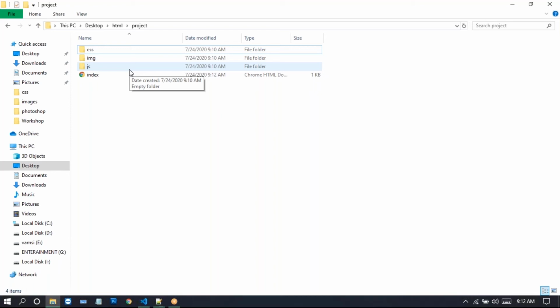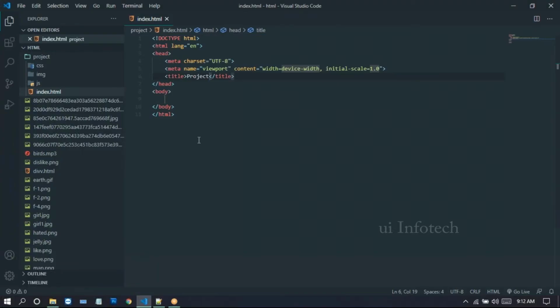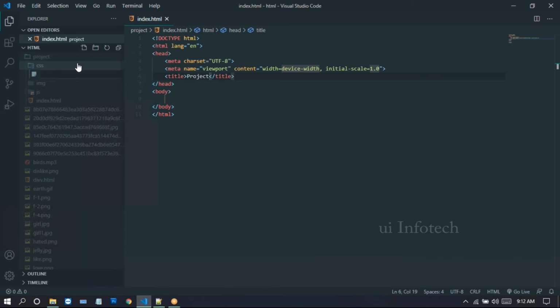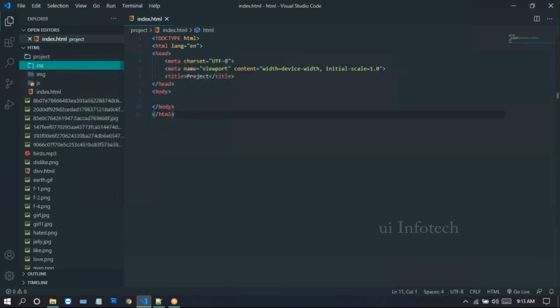Now we need to create the CSS file. For the CSS file, go to this Visual Studio, and here select the CSS folder and create a new file here.